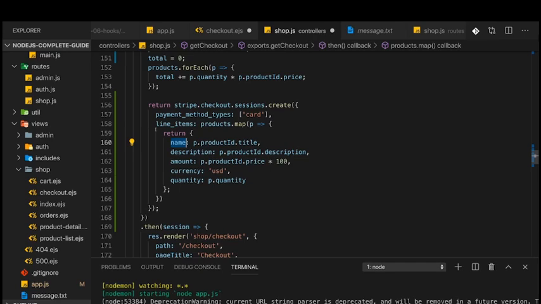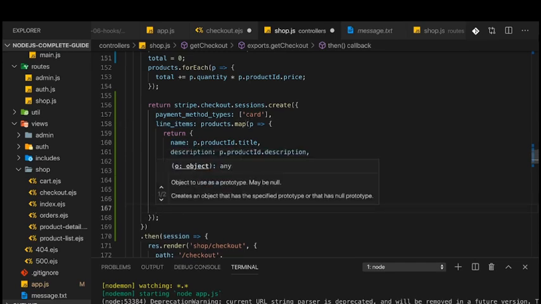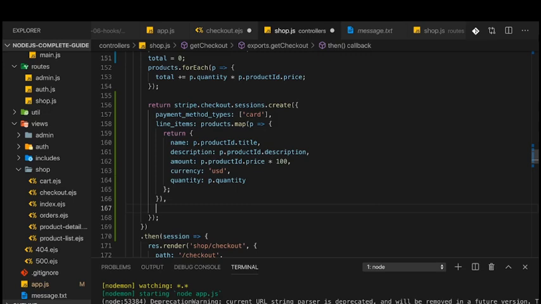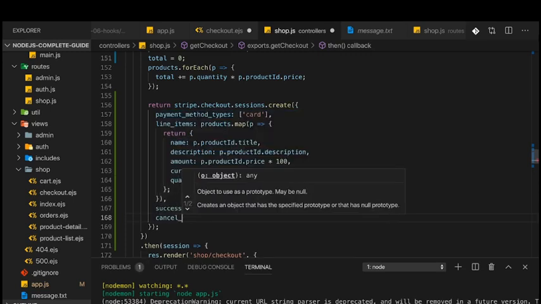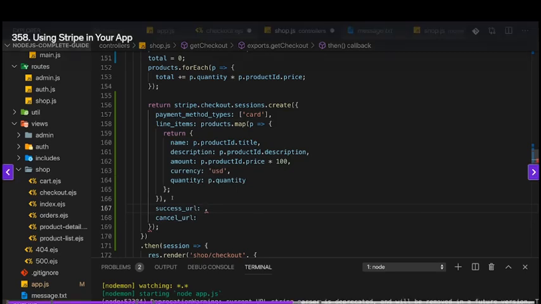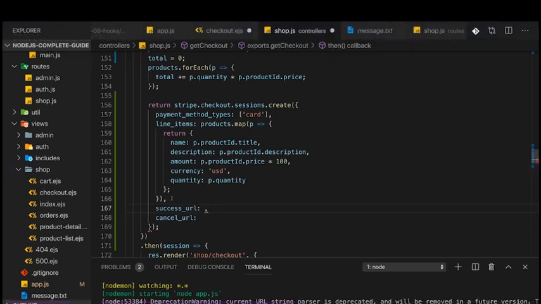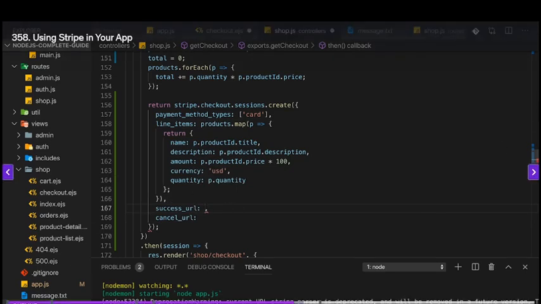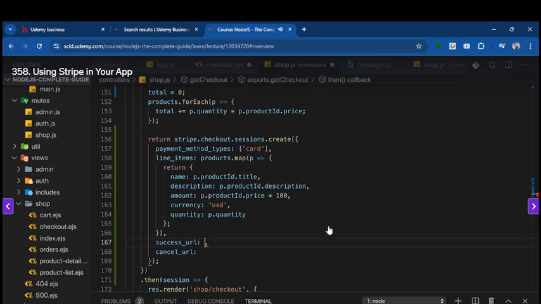So with this reformatted data, we also give Stripe the data it needs to process the payment, but we're still not done. There is more we need to configure on this session. Specifically, we need to add a success_url and a cancel_url. These are URLs Stripe will redirect the user to once the transaction was completed or failed. Here, I want to dynamically